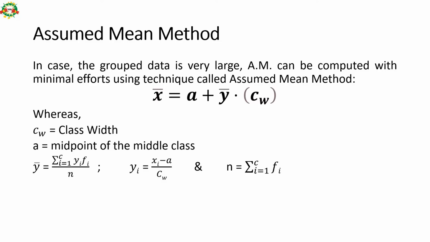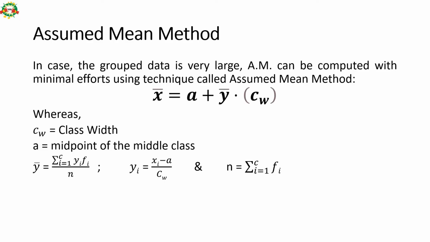Assumed mean method. This is also one of the methods to calculate arithmetic mean to an approximate level. This formula is quite helpful in IBBI exam, with which you can calculate arithmetic mean of a long series in a little bit quick manner. So if the grouped data is very large, arithmetic mean can be computed with minimal efforts using the assumed mean method, which is equal to A, which is midpoint of the middle class, plus y bar, which is sum total of yi divided by n,